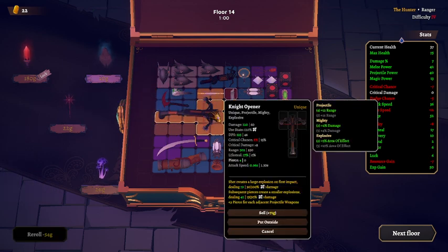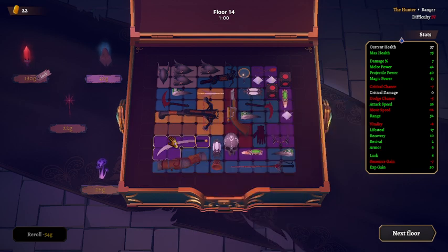So, after expressing contempt for the crossvolver, there's the big, whatever it is, the Night Opener. Never seen this before. +3 pierce for each adjacent projectile weapon. Okay. Then let's put this one adjacent to it. And those are my only projectile weapons at the...